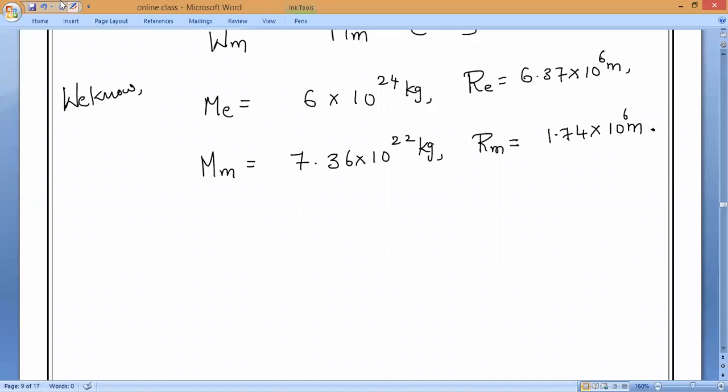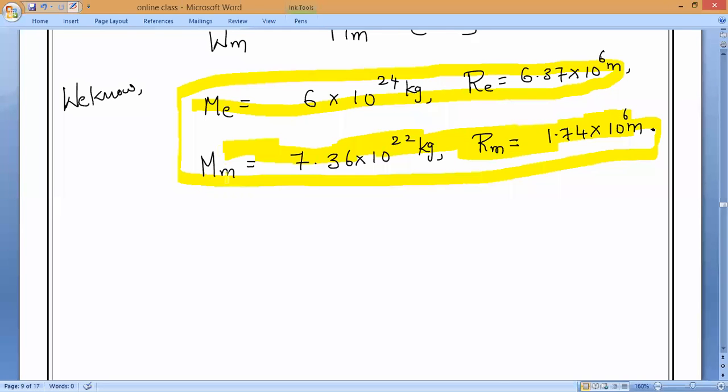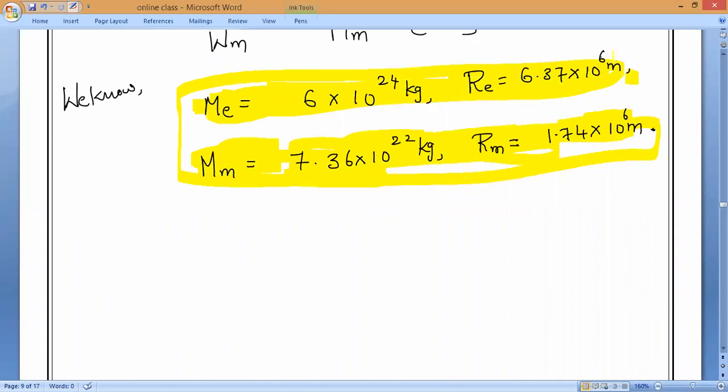These are the values which all should learn: mass of Earth, radius of Earth. We all should know these values. It is mandatory, you should learn these values. So please kindly learn mass of Earth and mass of Moon, same way radius of the Earth and the radius of the Moon. Everybody must have these values. So these values, if you substitute